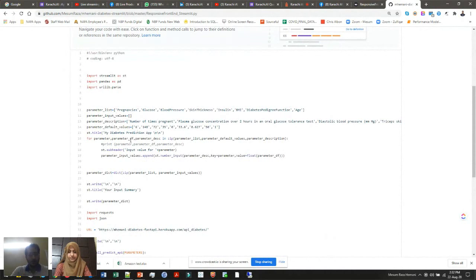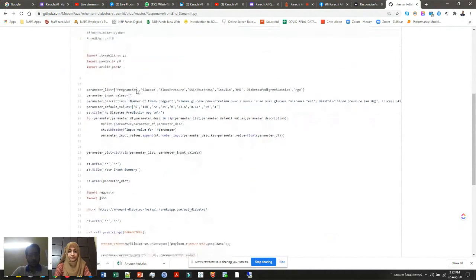Okay. So coming back to the topic, here if you can see the script, I have imported Streamlit as st, right? And then for delivering the parameter input value, I have